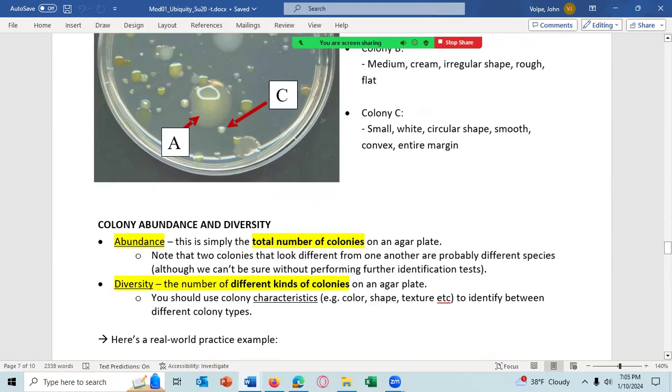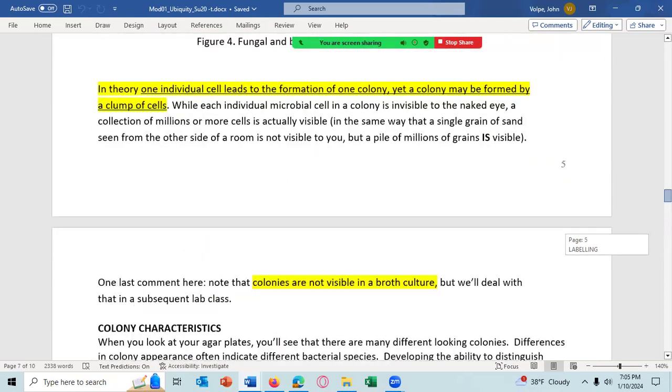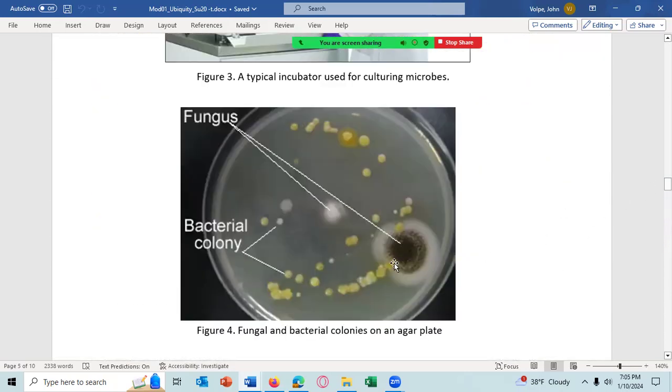Like I said, the diversity of this plate is at least 7. But if you're something like 5 to 10, I'll give you points for it. If you're further off, you'll get a penalty. Like if you were to say something like the abundance is 3, I would say no, well, I already told you there's at least 7.